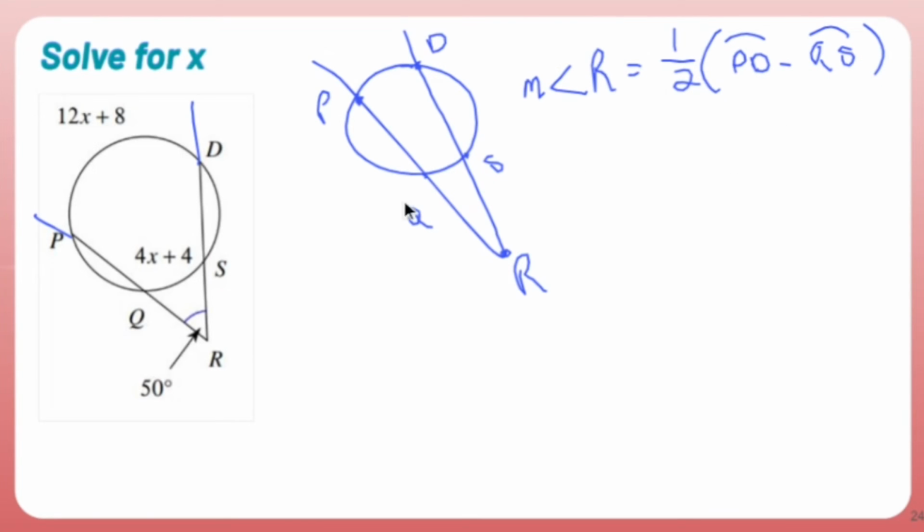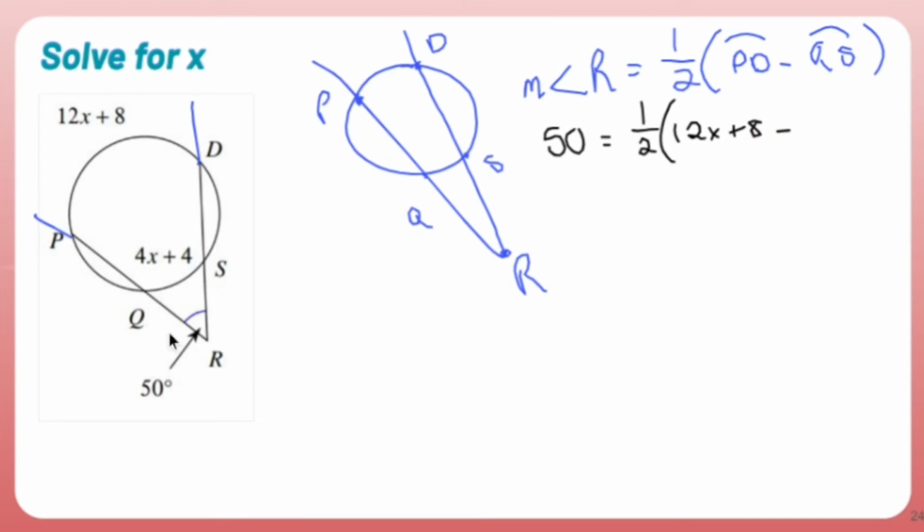Okay. This problem just involves more math. I did a problem like this before where it was just numbers. Now I have a little bit of solving equations type stuff going on. The measure of angle R, according to this picture, is 50. That's going to equal 1/2. I have to squeeze this in a little bit better. PD is 12x plus 8